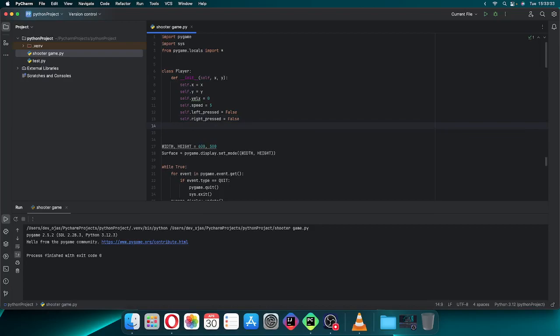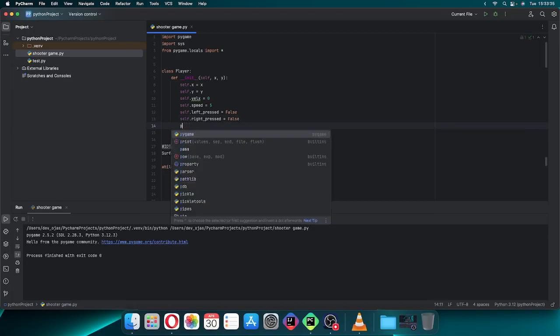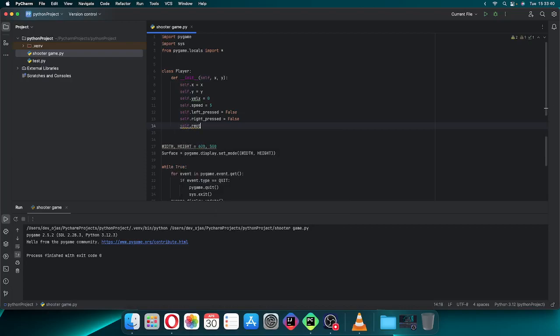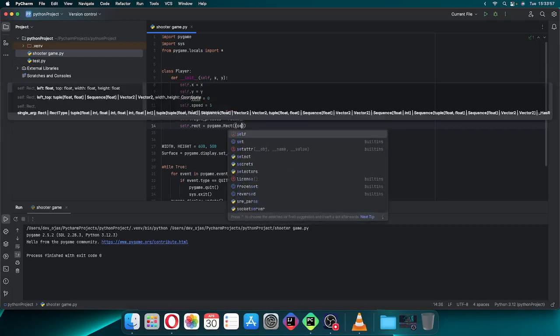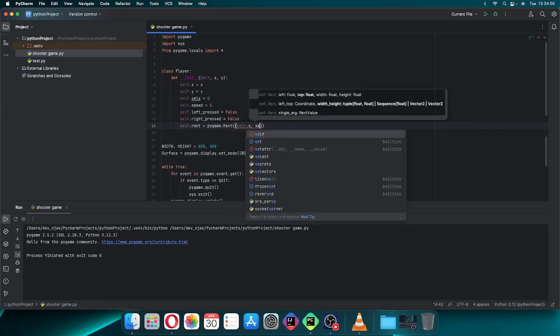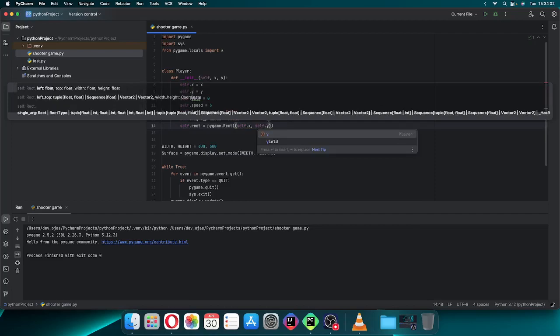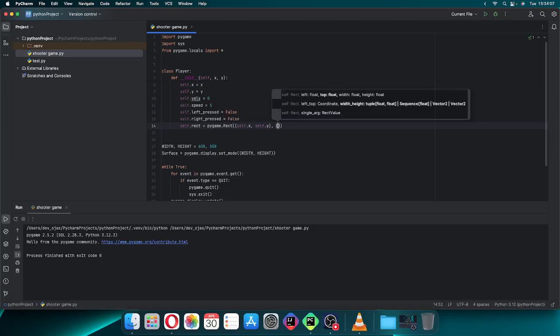We also need our pygame.Rect. Self.rect is equal to pygame.Rect. This will be our player, so that's why Rect. So we will need our x and y. This will be the left top, meaning our self.x, self.y, and our width and height. We will do